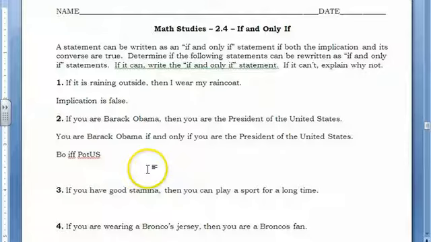We can also use our arrow symbols. So Barack Obama, if and only if you are the President of the United States.